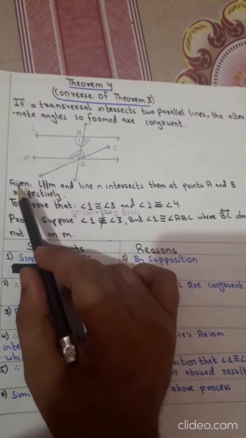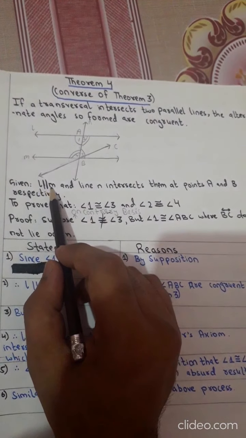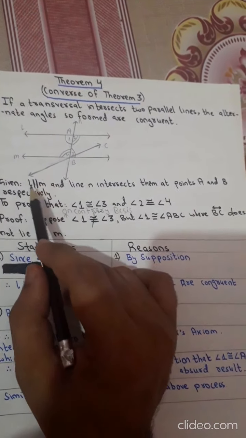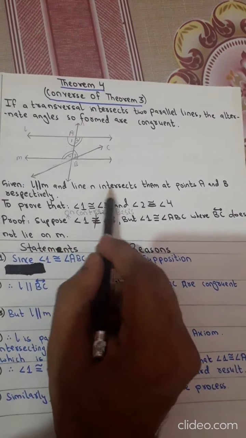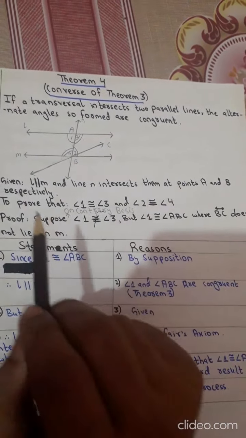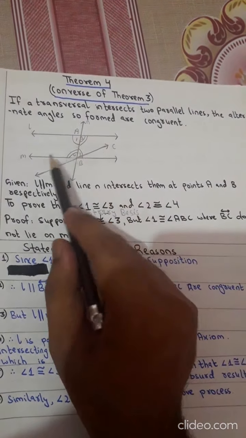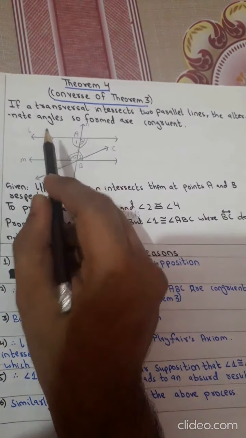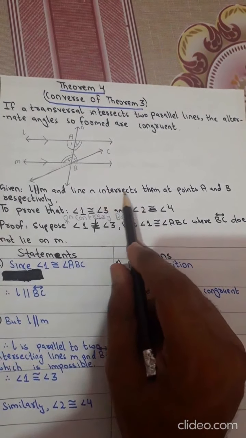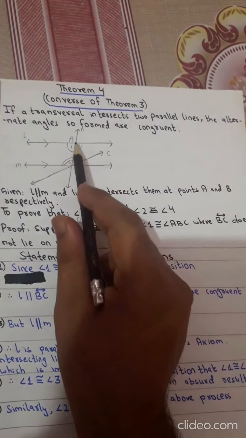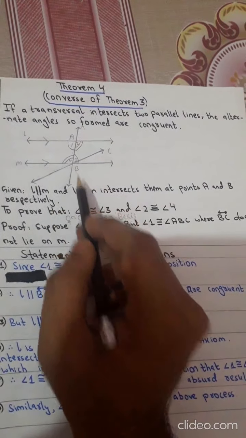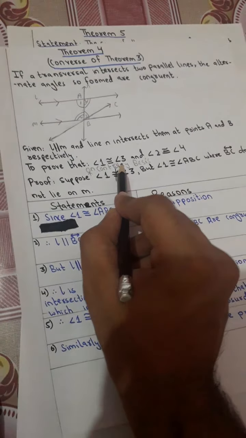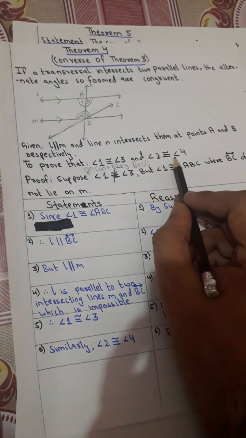Now, given line L is parallel to line M. This is the sign of parallelism. So line L is parallel to line M, and line N intersects them at points A and B respectively. We will put an arrow to show that these two lines are parallel, and line N cuts them at points A and B. To prove that angle 1 has the same measurement as angle 3,